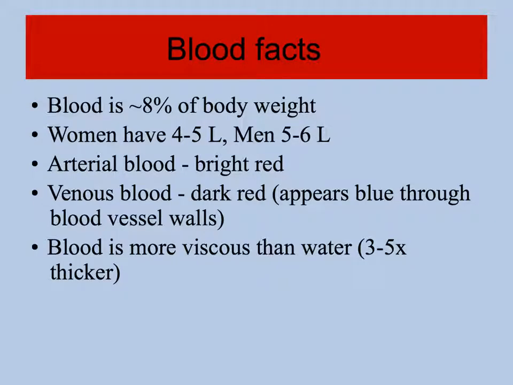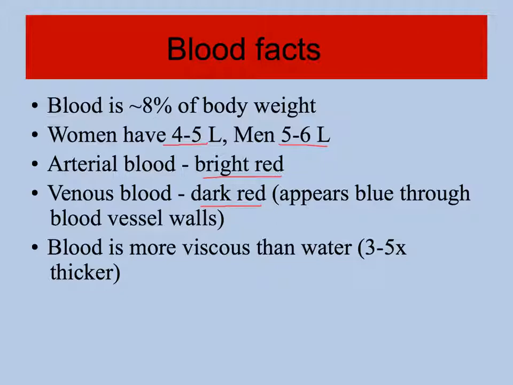Blood is about 8% of our body weight. Women have between 4 and 5 liters of blood, men between 5 and 6 liters of blood. Blood is always red. It is bright red if it's coming from the arteries when it has been oxygenated. It is a dark red when it's in the veins where it's deoxygenated, excluding the pulmonary artery and vein, remember. It appears blue only because of the light coming through the blood vessel walls in our